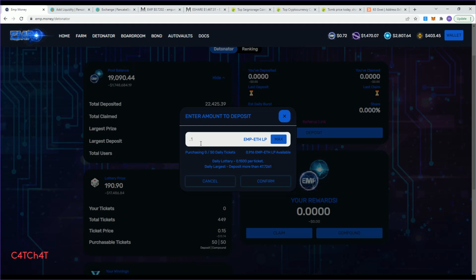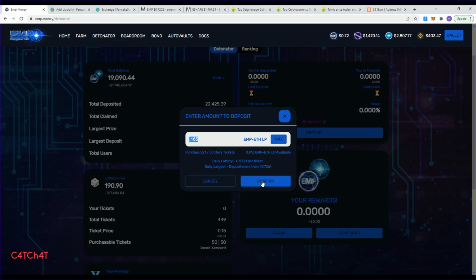So I'm actually going to deposit 0.165 LP. I'm not certain yet, so you're going to learn with me if this removes the 10% tax, and if it does, we should see 0.15 LP being deposited over here, which will give us one ticket.